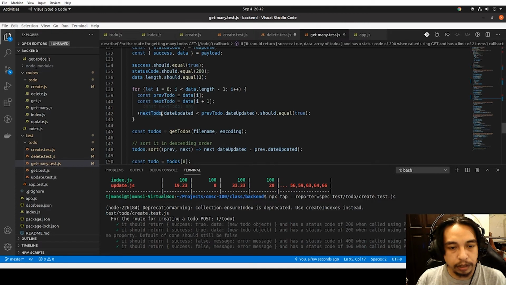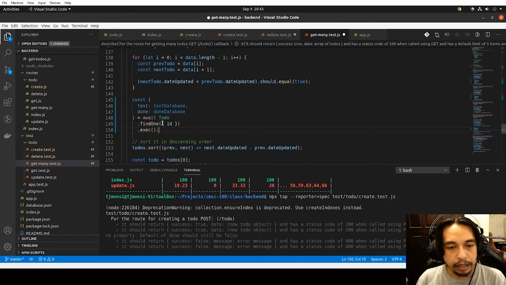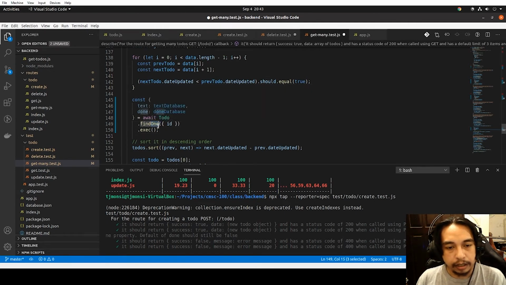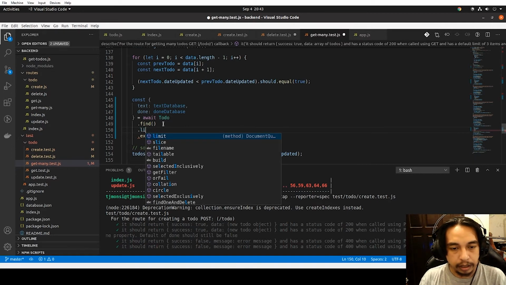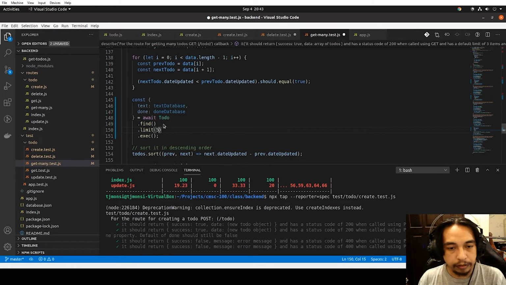This one should work as well. We need to get all. Let's say we need to find, then limit, let's say 5,